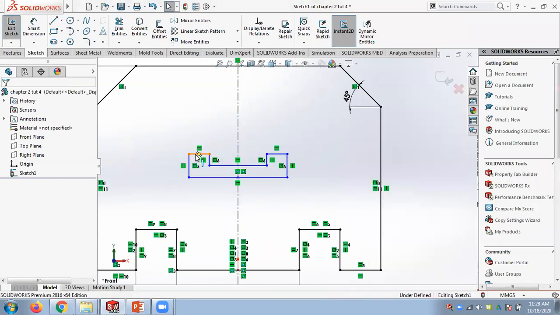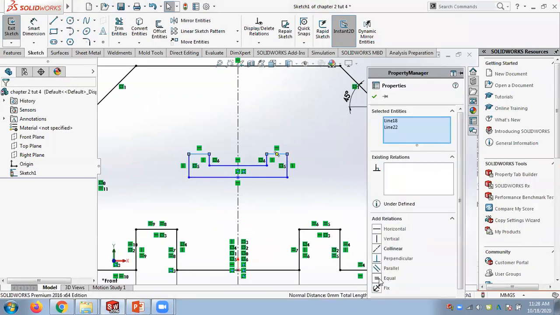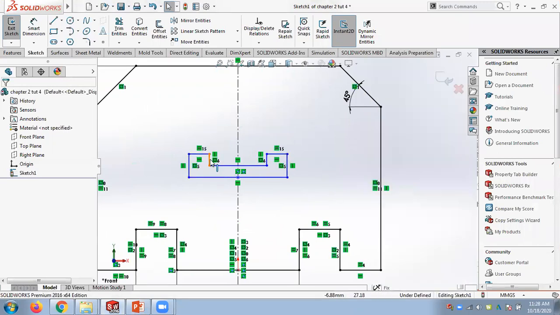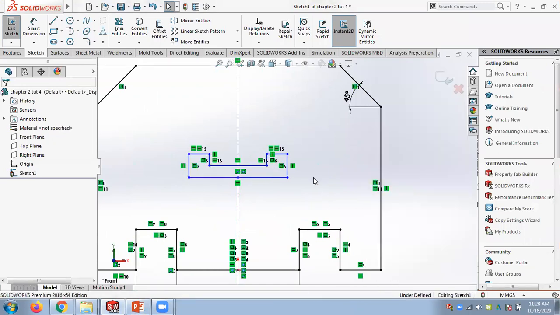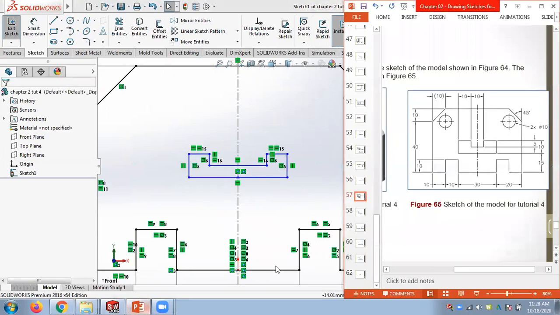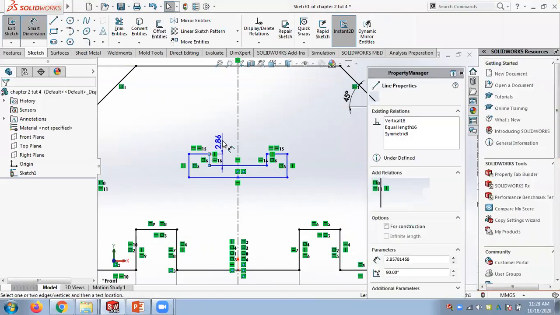Then this is equal. Then this equal. Then we will give value for this is 5. The height is 5 here.